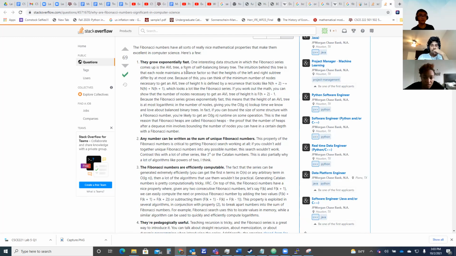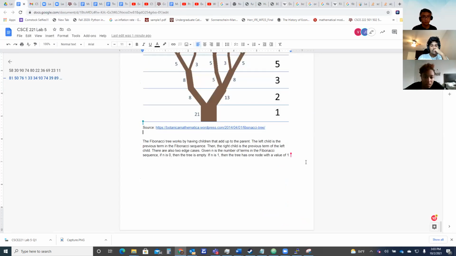So I guess how do y'all want to word this? So the Fibonacci tree is useful because it can easily be